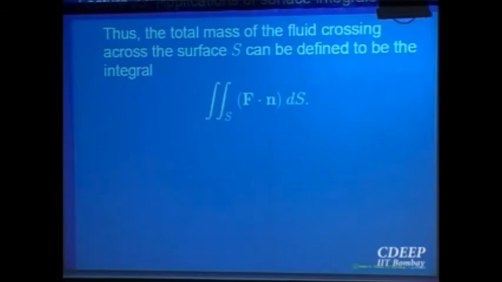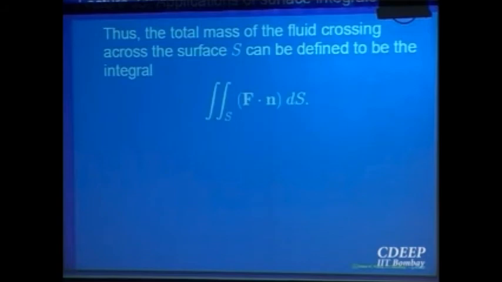Right? We have to say this integral should be a well-defined quantity. What does it mean? That means at least the integrand should be a continuous function, even if S is nice. S is a finite surface, closed, bounded and all kinds of things. The integrand should be a continuous function, say. For the fluid velocity, I can say that it is continuous, the density is continuous and everything. There is something, n, hanging around. What is n? That is a unit normal on the surface. And I am saying, for this to be meaningful, n should be continuous.